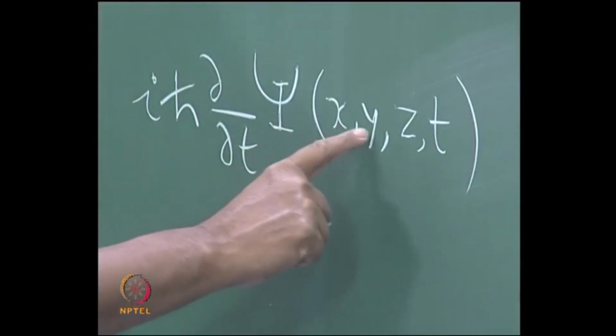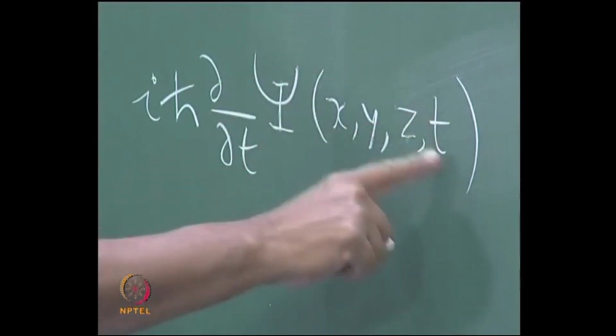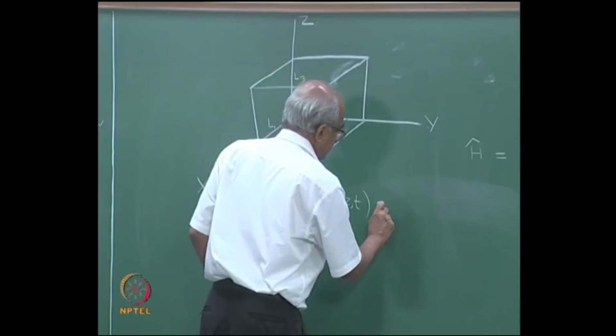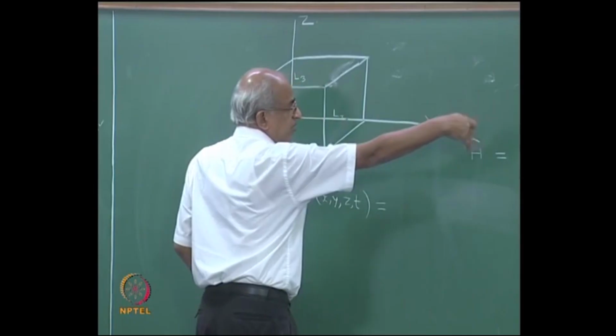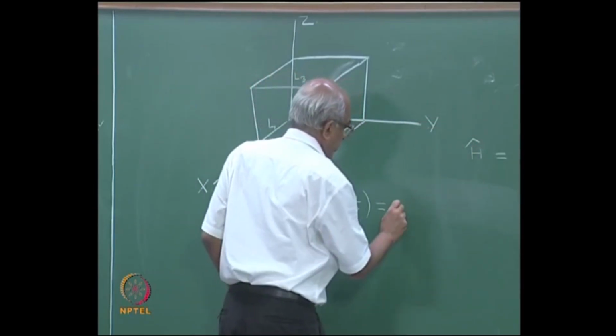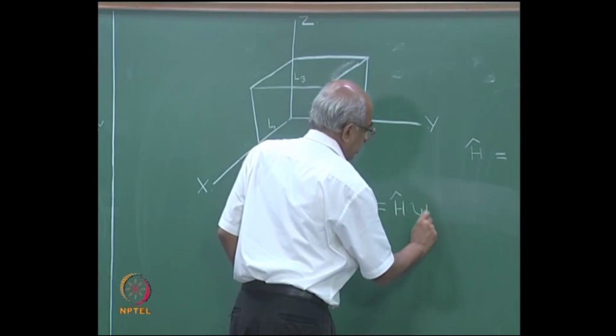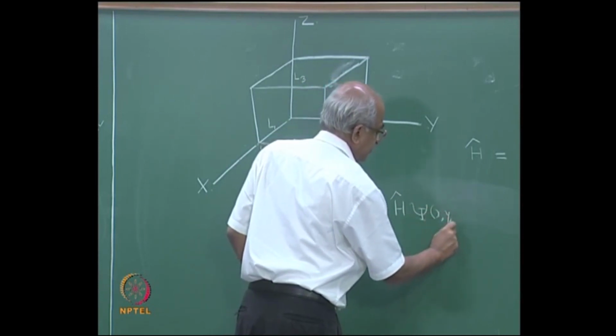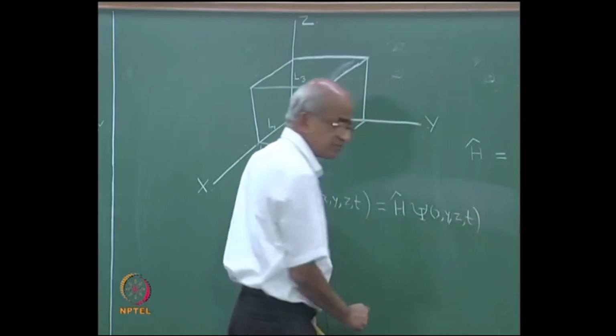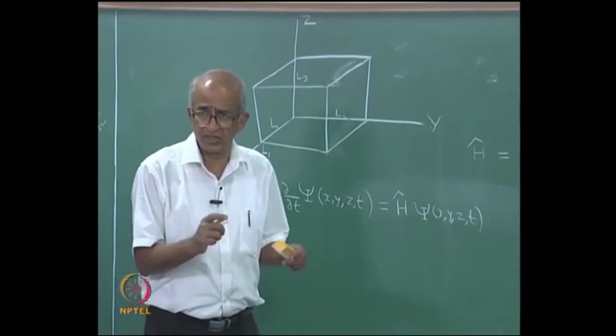Psi will be a function of x, y, z, and in addition to that, it will depend upon time, and that is equal to that Hamiltonian which is written there, too long to write. So, let me just write H operating upon psi(x, y, z, t). So, this is the equation that we are basically interested in,